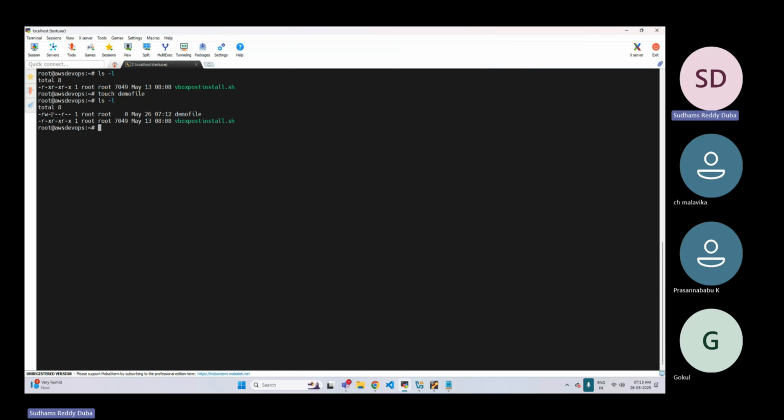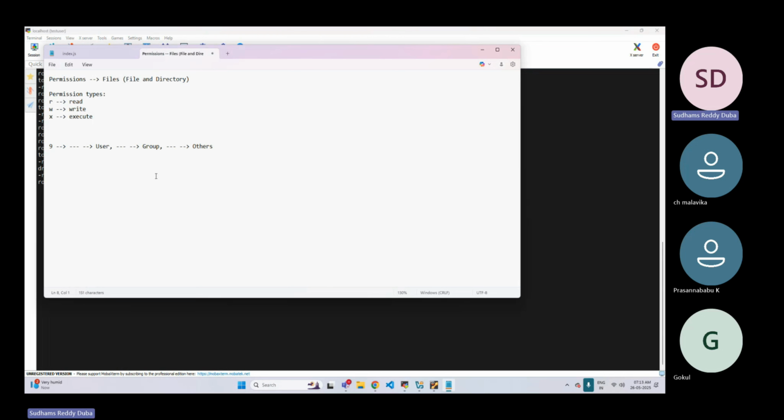Next, you can see for group, we have given only read permission. For others also read permission. This is by default. If you try to create a directory, let us see what the permissions are. For a directory, the permissions for the user are read, write, execute. All three permissions are assigned for a user. For a group, it is read and execute, no write permission. For others also, it is the same, read and execute permissions.